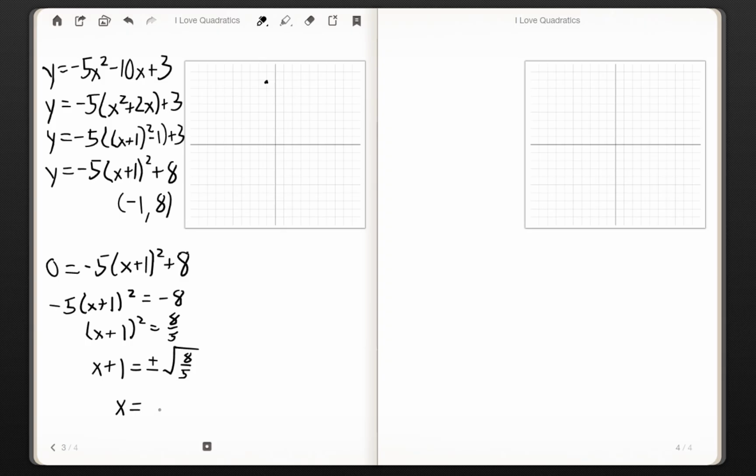Let's see, we have a lot of stuff here because the square root of 8, we can actually simplify that out to 2 times the square root of 2. And in fact, we should do that because it's going to make it easier to graph this. You'll see. Now when we move this,